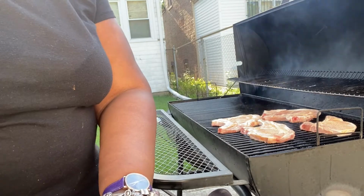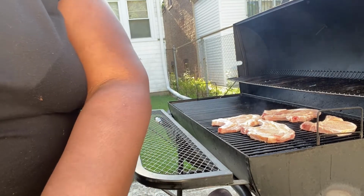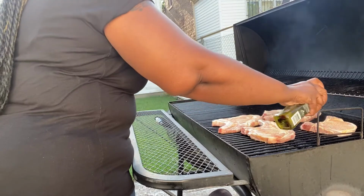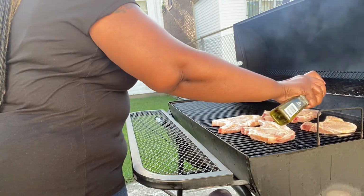All right, so watch this. So here is the part if you want to learn how to actually cook the meat. So here, that's what we're doing. We're actually to the part where we will cook the meat. So we'll cook the pork chops, we'll cook the chicken, and then we'll cook the shrimp. Burgers